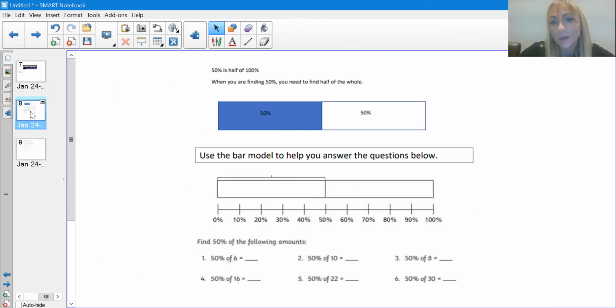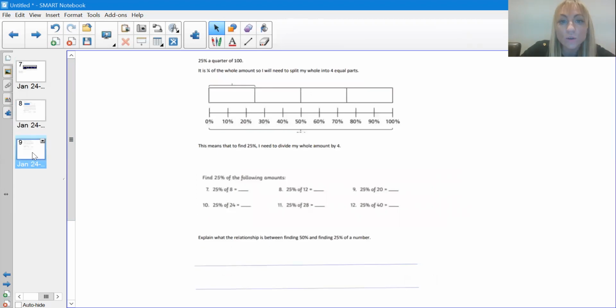So your sheet is going to look a little bit like this, okay? And I've written at the top for you that 50% is half of 100%, just to remind you. So when you're finding 50%, you need to find half of the whole. And I've got this bar model here to help you as you go along to remind you. You're going to find 50% of the amounts at the bottom here, okay? And then when you've done that, you're going to find